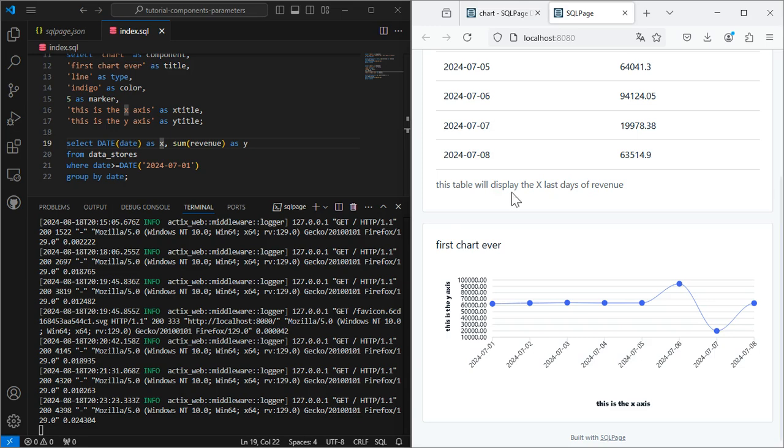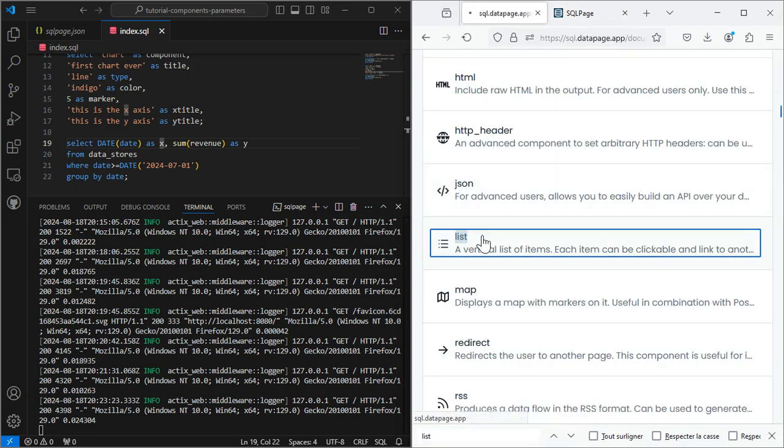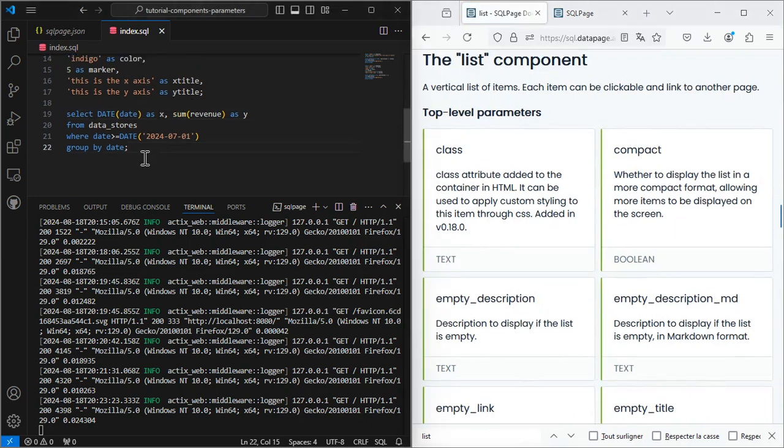Another component that is particularly useful is the list component. Let's call this component. As usual, let's add a top-level parameter.